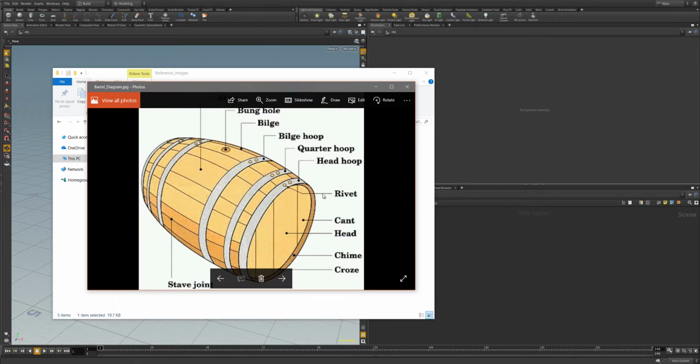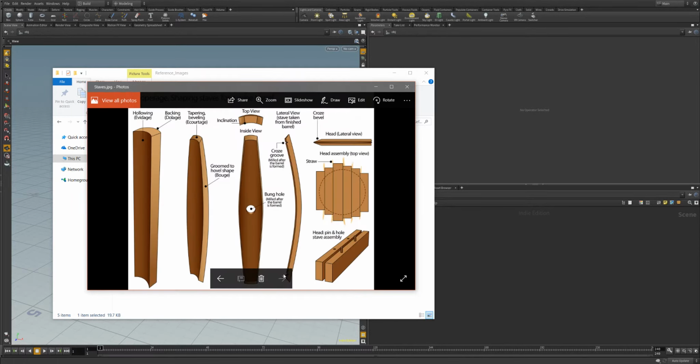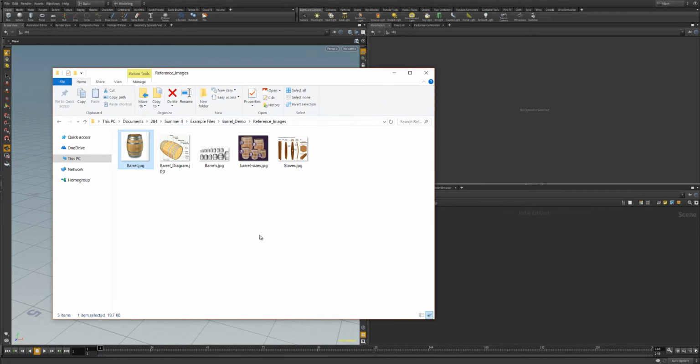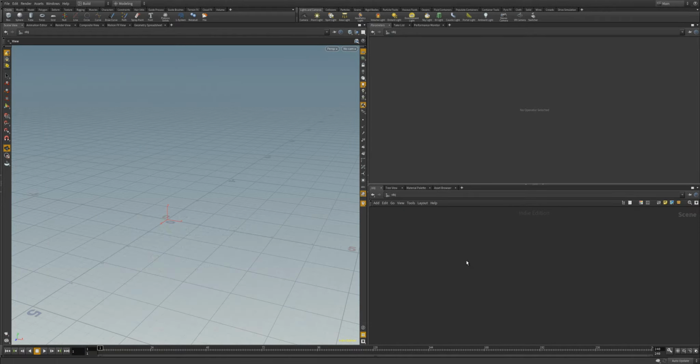Quick diagram breakdown of the different parts. And so when starting off with the barrel, we'll probably start doing the staves individually first because they make up the core chunk of the barrel, and this even shows us how to make the head at the top. So let's get started. So first off, I'm going to start with a tube,